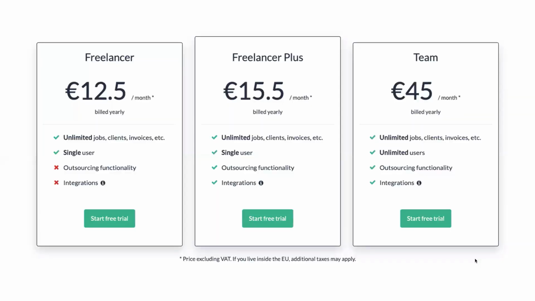Anyway, about the pricing of LSP.expert. I showed you just the basic functionalities that you will get if you have a freelancer account. If you are a freelancer plus, you can do more. You also have an outsourcing functionality that is more elaborate, that we will talk about in other webinars, and also integrations with, for example, Google Calendar, with your email server and things like that. And if you need to work as a team, you can do it with the team version of the software.